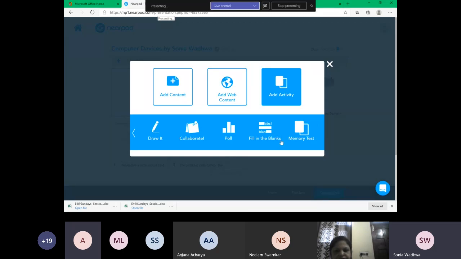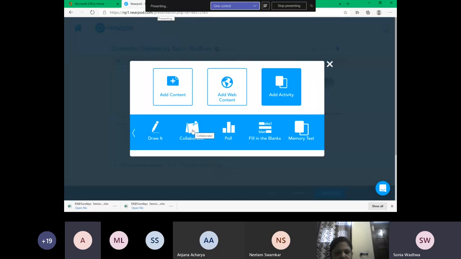However, it's super easy. The first screen where I'd asked you your purpose to join this session today, that was collaborative. So I could design a collaborative wall. I did use a poll when I was doing an activity with you. I did not use fill in the blanks. So I did matching pair, quiz, poll, collaborative. So many of the activities I tried to give you a feel of in the lesson, which I did with you. Collaborate was the one which I used first.